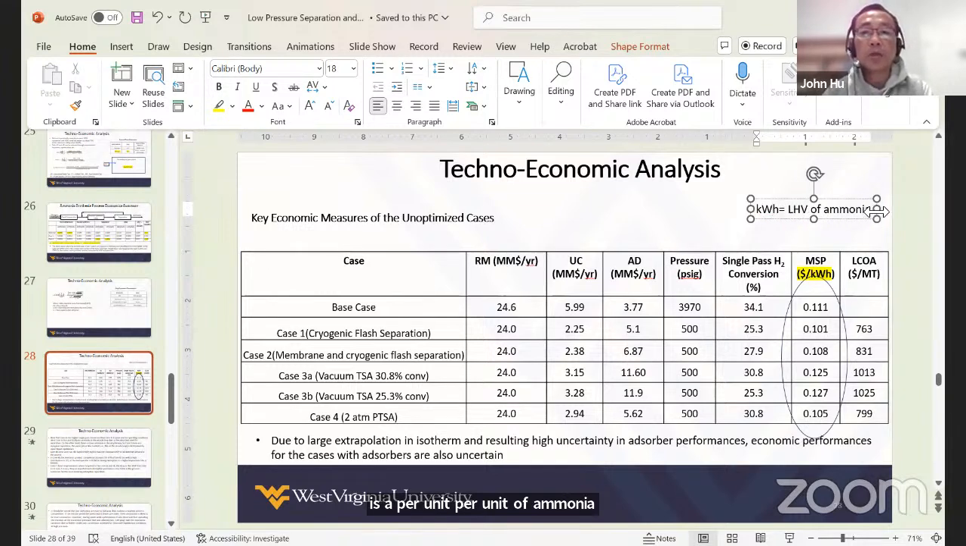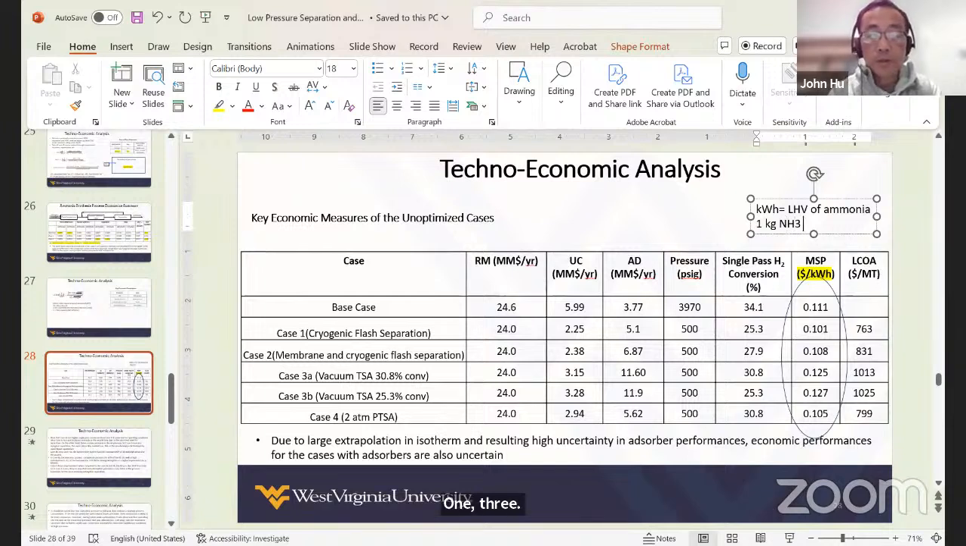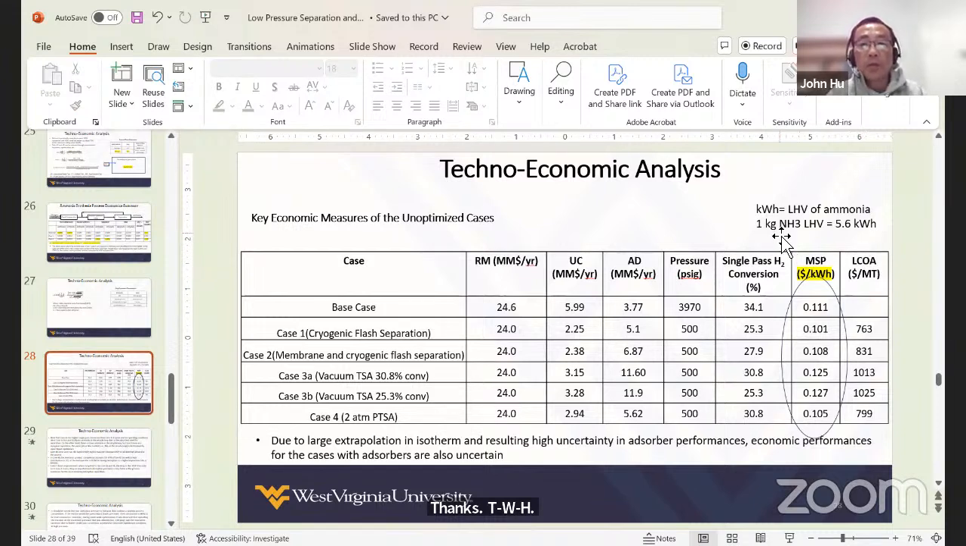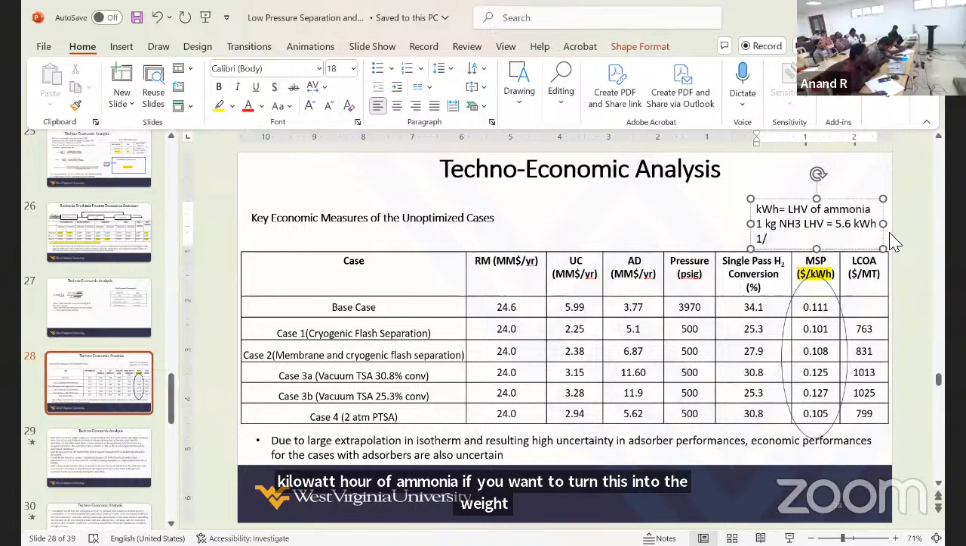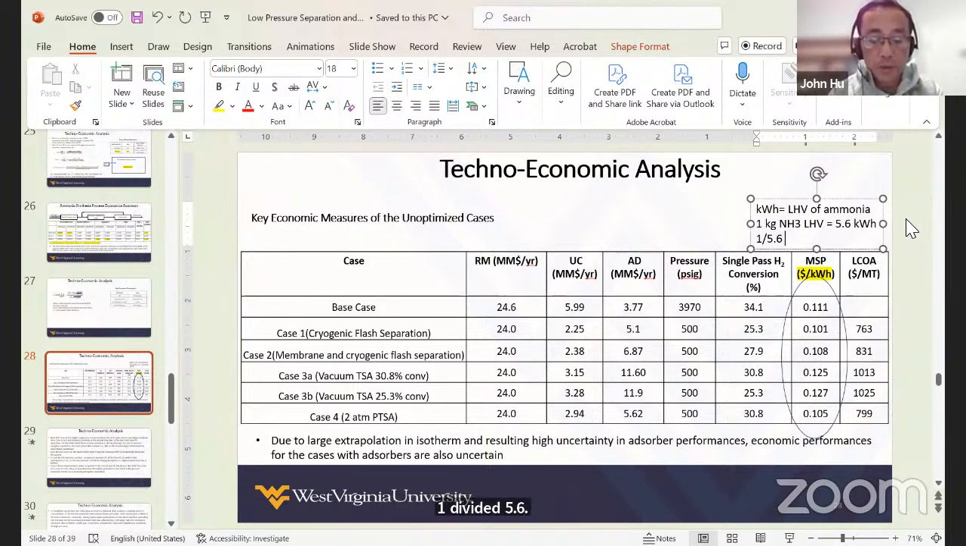Okay, so how do you understand the kilowatt hour? 1 kg ammonia, LHV equals 5.6 kWh. Makes sense now, is that right? So basically, 1 kilogram of ammonia, the heating value is about 5.6. So 1 kilowatt hour of ammonia, if you want to turn this into the weight of ammonia, it's going to be 1 divided by 5.6 kg. To say it a different way, to produce 1 over 5.6 kg of ammonia, how many dollars does it cost